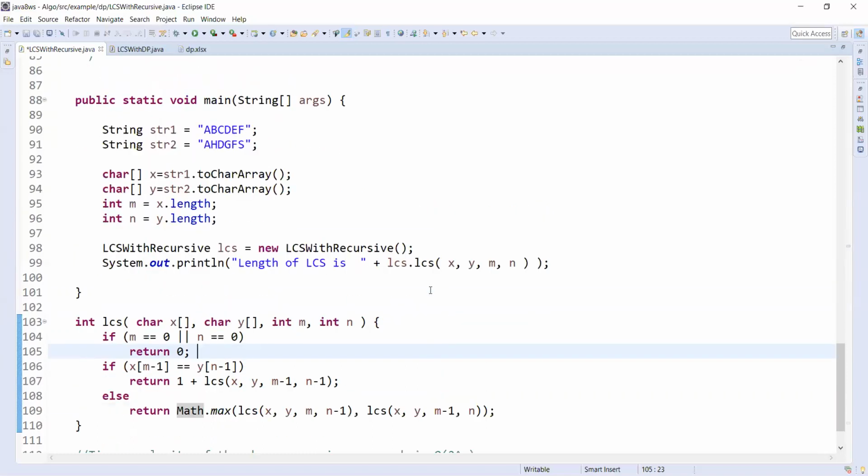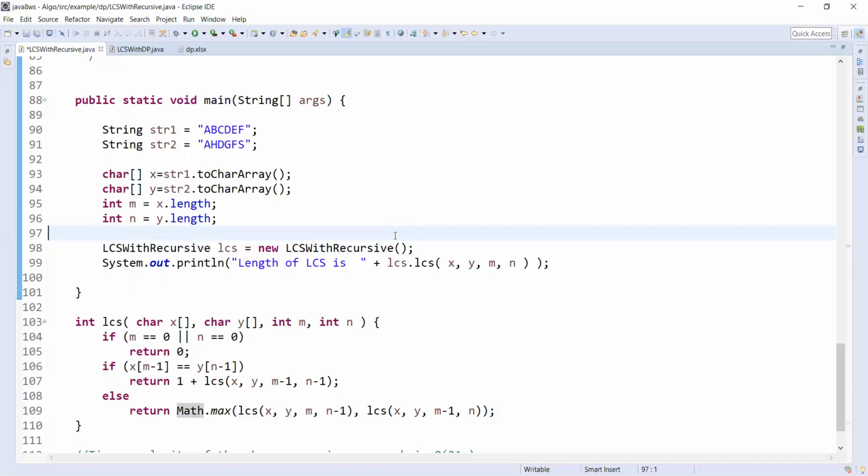So I'll simply run it. There is nothing great in writing a recursion program. It should have a base condition, and we call the recursion based on the other conditions again and again.